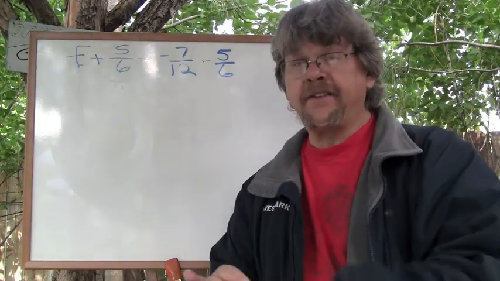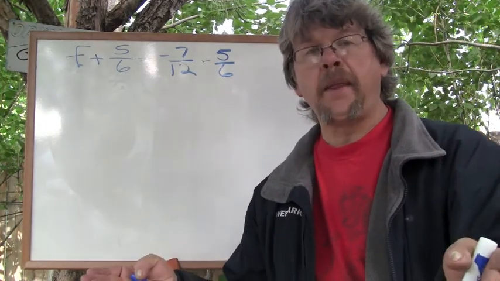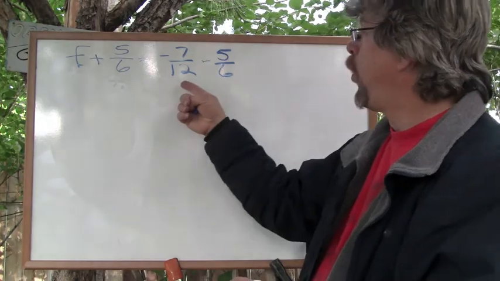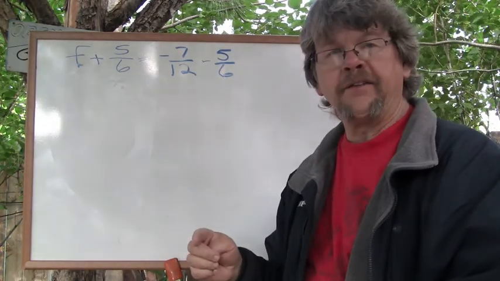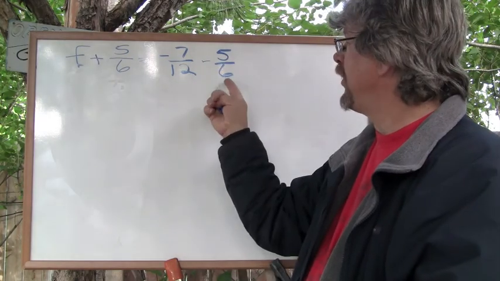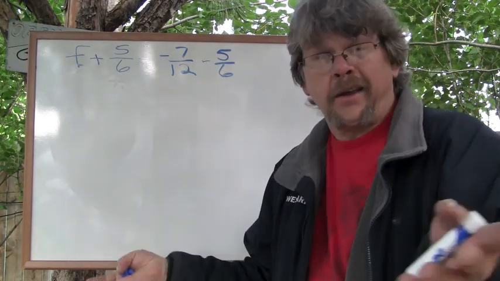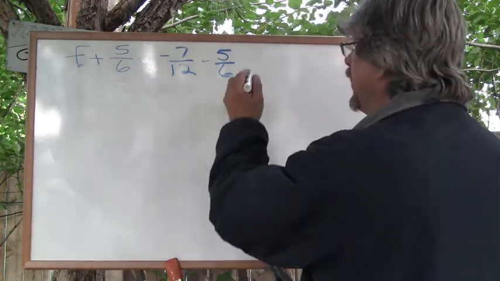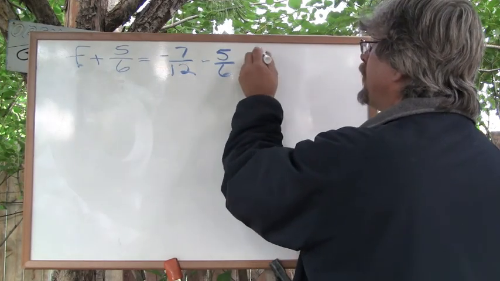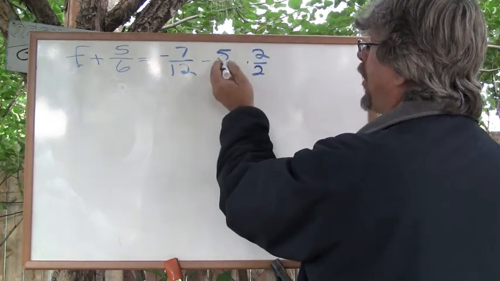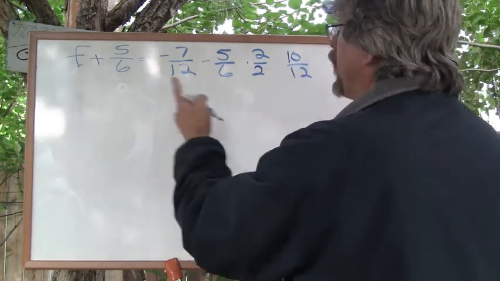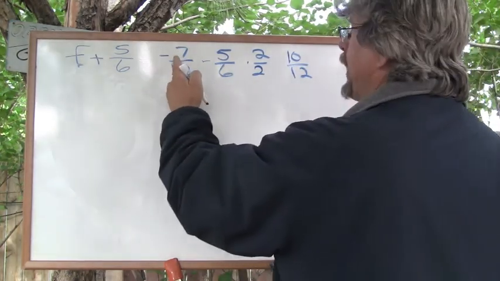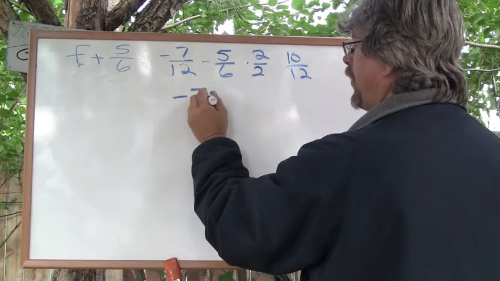So we know, add and subtract, we need the least common denominator, right? Well, 12 will go into 12 once, and 6 will go into 12 twice. So the only thing we have to do is get 6 to 12. How do you do that? You multiply by 2, right? Times 2 over 2. What you do to the bottom, you do to the top. 5 times 2 is 10, and 6 times 2 is 12. So now we have negative 7/12